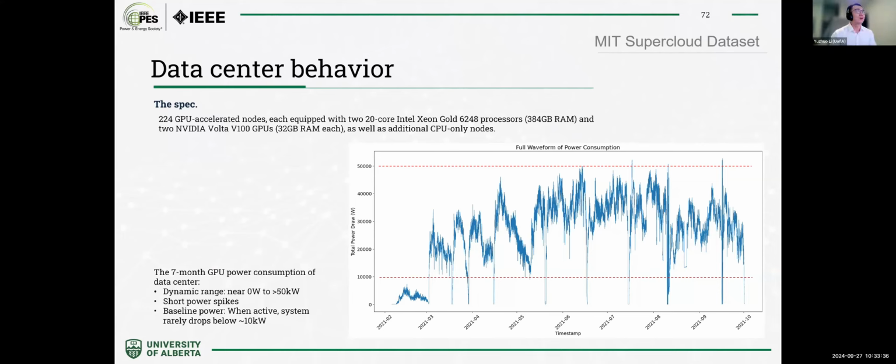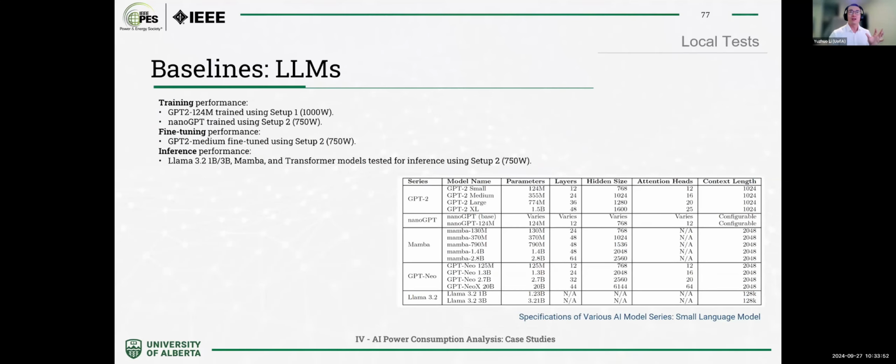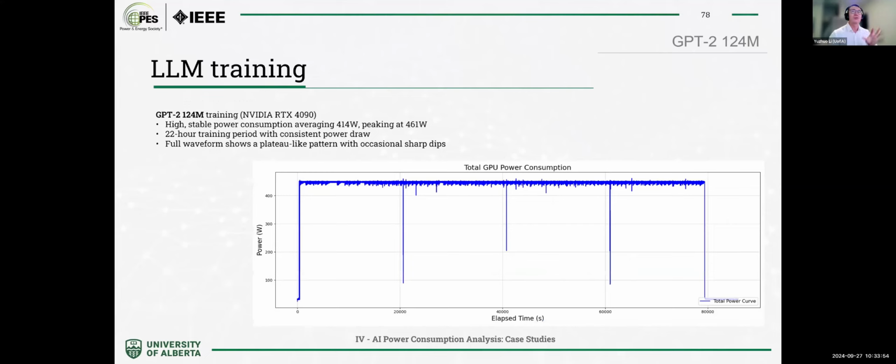There's another follow-up question in the conversation, which I can quickly answer. The data center side is not run locally, and the record is based on the MIT data center. For other small-scale model training, we measure the power consumption locally on the GPU. All the curves you see here are GPU power consumption captured on the local machine, like the PCC of the GPU.